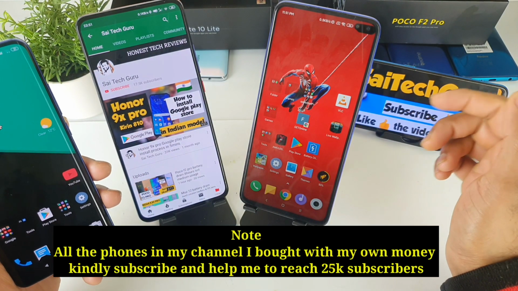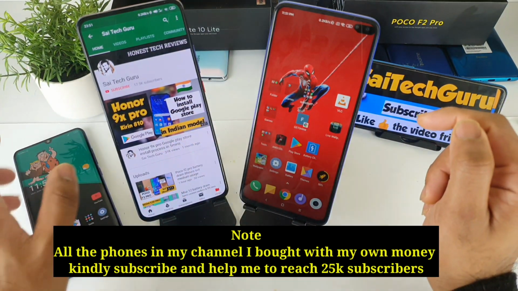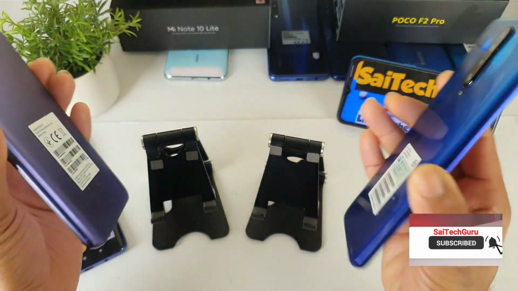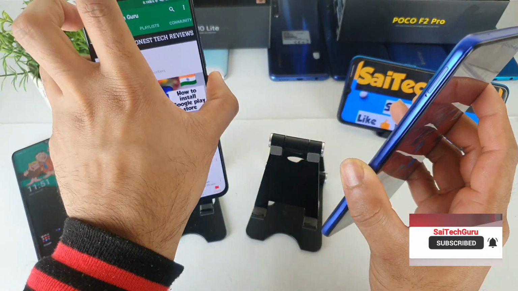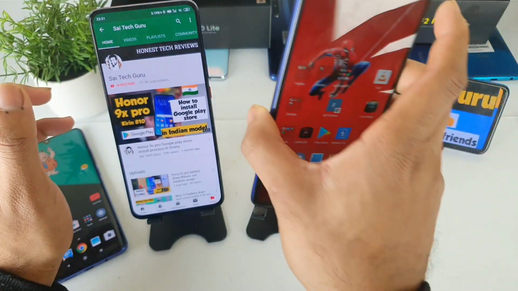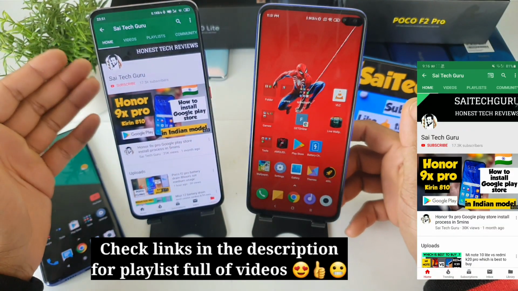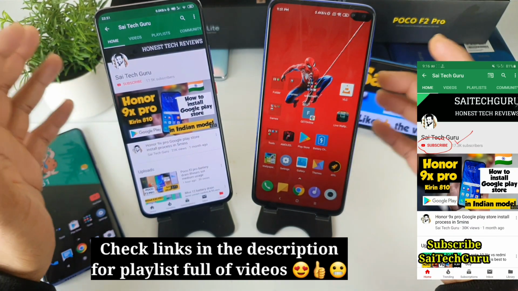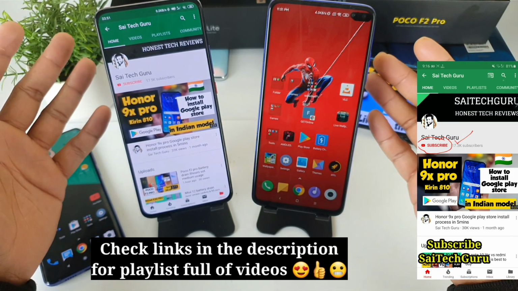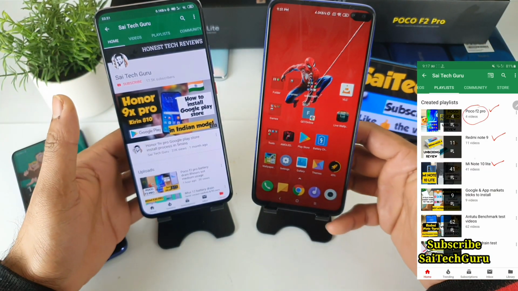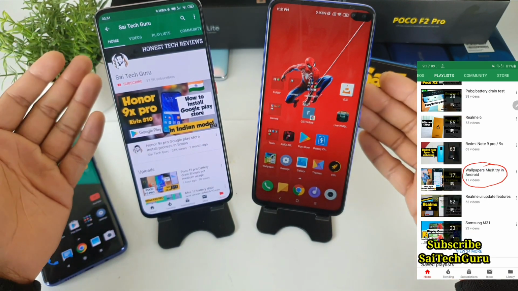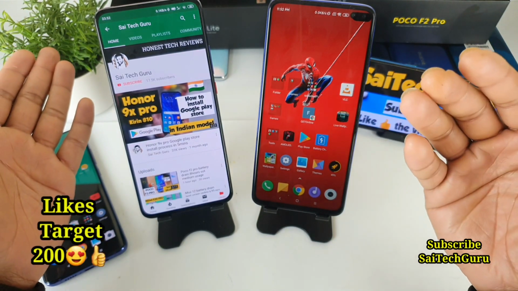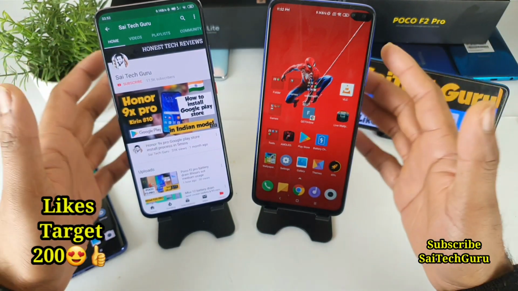Welcome to SciTech. In this video, I'm going to compare the display of the Poco F2 Pro versus the Poco X2 device. So as you can see, our friends, Poco F2 Pro and Poco X2. Right now, I'll be comparing the displays of both the phones. Let's see which display will be the best. I know the Poco F2 Pro is a high-end device and Poco X2 is from the mid-range segment, but I just want to compare side by side from the same manufacturer, Poco. Let's see which displays are good and which has advantages and disadvantages. What are the features the Poco F2 Pro has, and what are the features the Poco X2 has? So let's compare side by side.